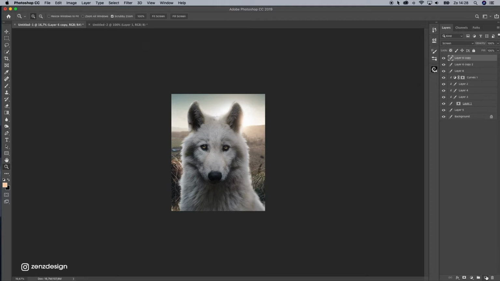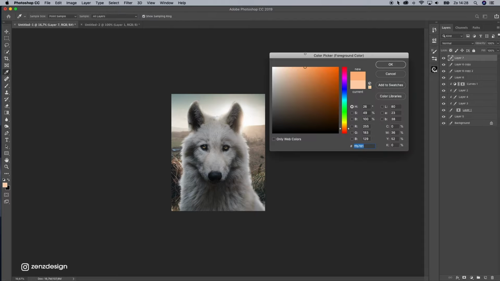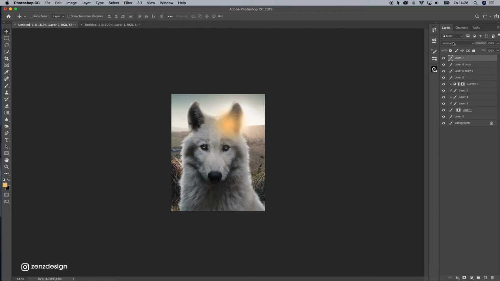Right, so create a new layer on top of everything. Let's add some orange with the blending mode of overlay to make it look warmer. Somewhere in the sky. Maybe duplicate it and